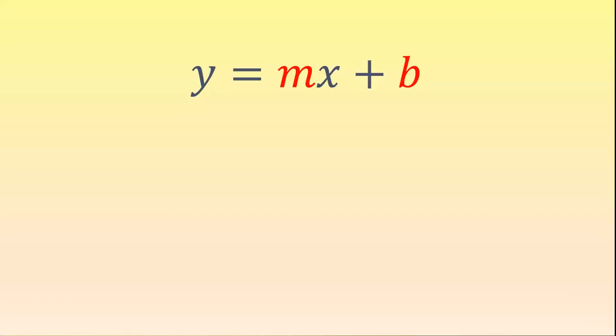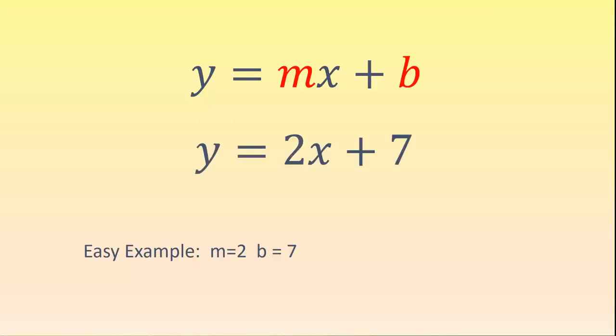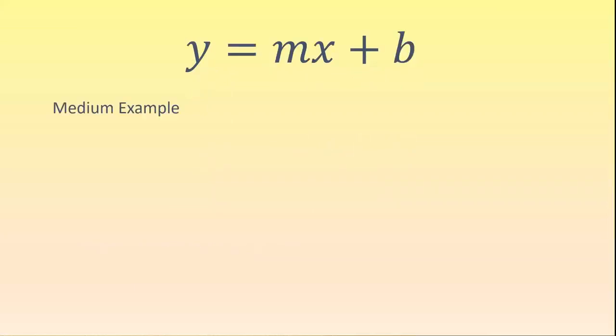The easiest case is where you're simply given m and b. For example, if they told me that m is 2 and b is 7, I would just plug in 2 for m and 7 for b, and bam, there's the equation of that line. It's almost trivial. The next example of medium difficulty is where you're given the slope, but instead of the y-intercept,